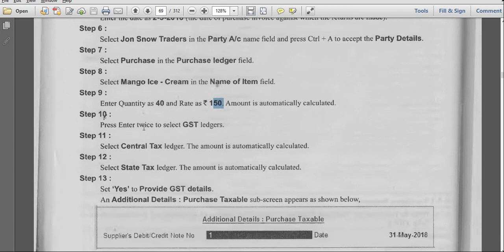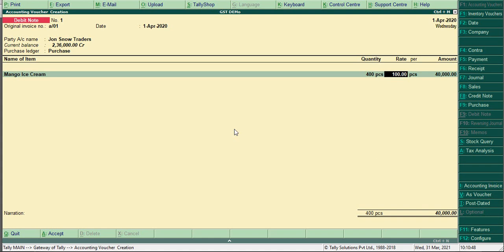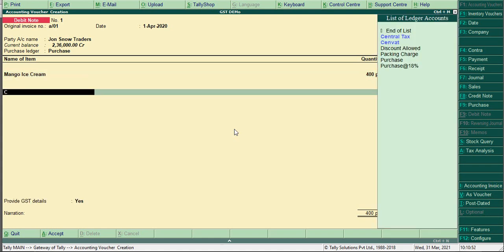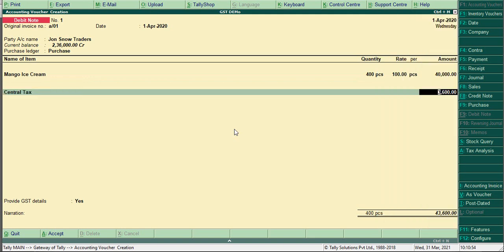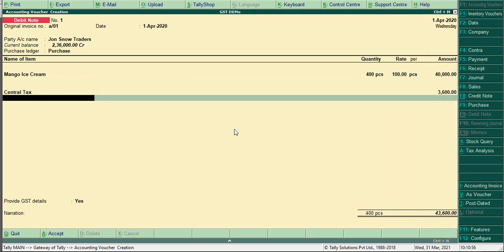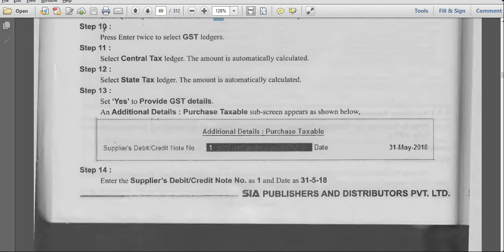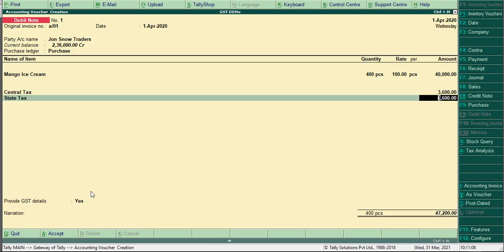Next, press enter twice to select the GST ledgers. Now CGST, central tax, and SGST 9%. Here in additional information, supplier debit note number, provide GST details, yes.